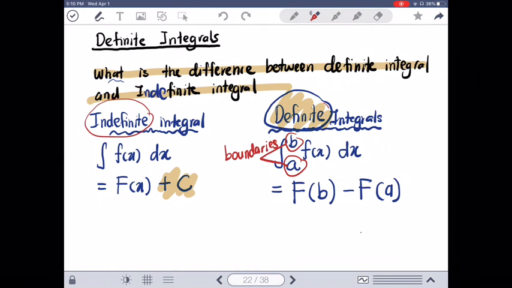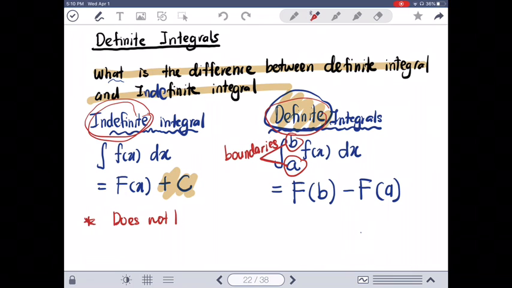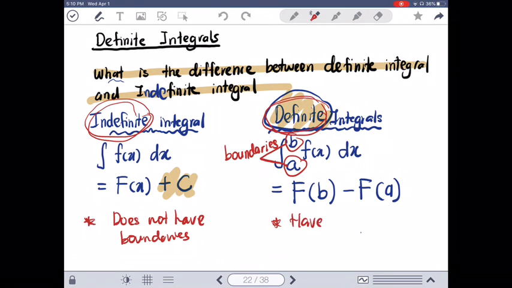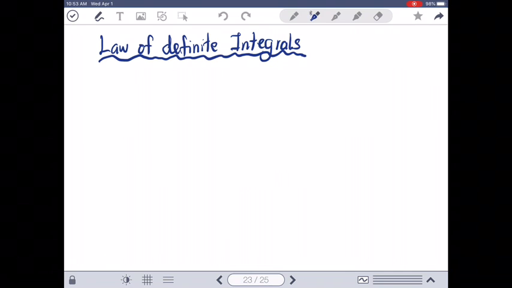Okay. So the difference between indefinite and definite integral: indefinite does not have boundaries, but definite integral has boundaries. Now we are going to have a look at the laws of definite integrals. There are a few laws. The first one,